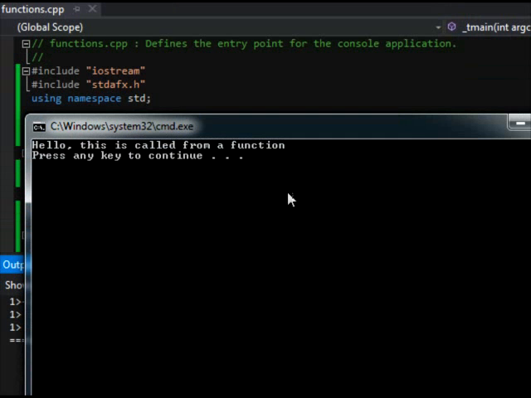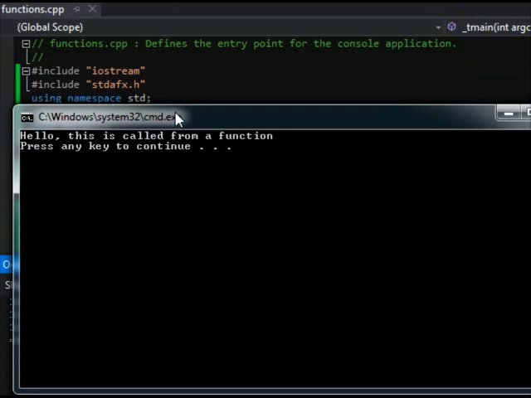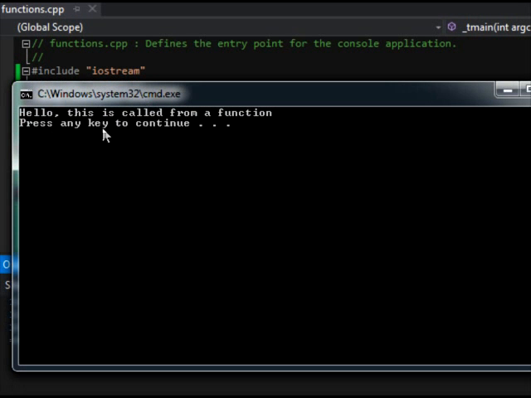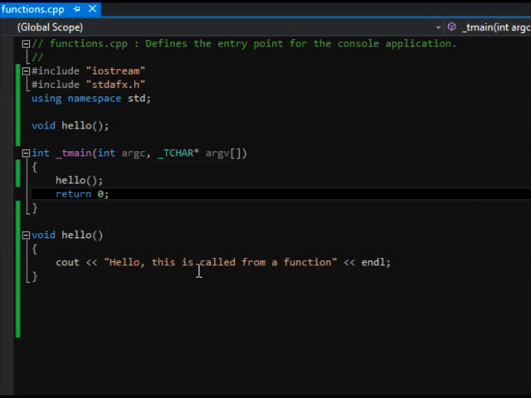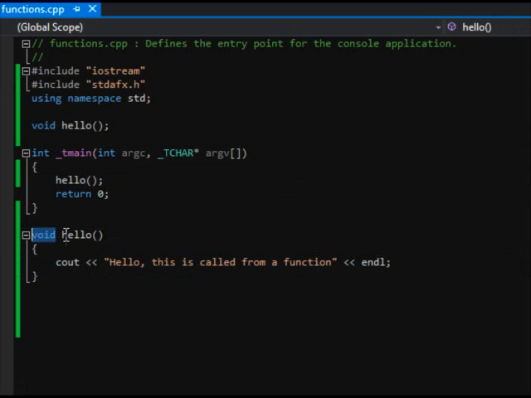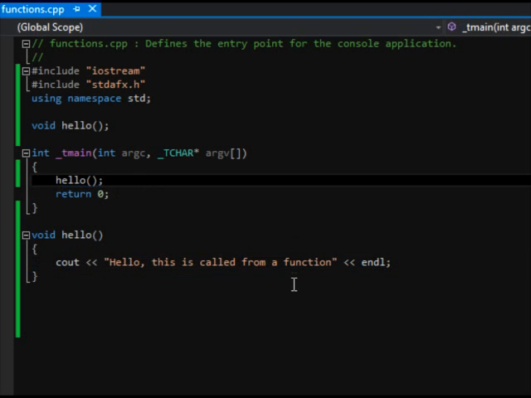I have a habit of calling it a method. Sorry. It says hello, this is called from a function, which is exactly what it did. It says void, so it's not returning anything. It just prints that out.